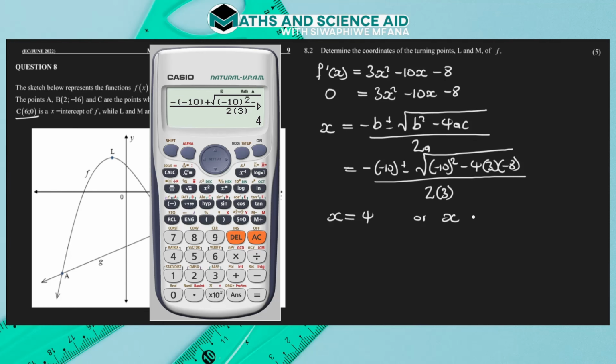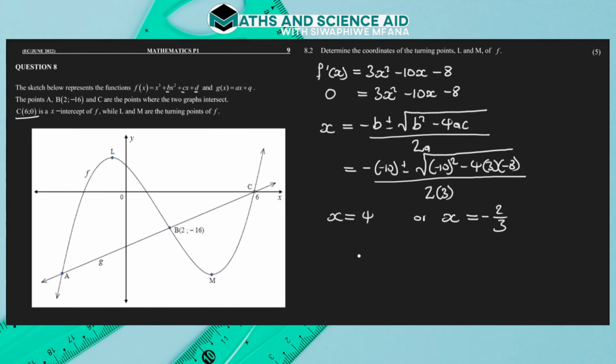And then we need to work out the second value. For that, we need to change that plus to a minus. So we change this to a minus, and then we get our second value. And as you can see, it's negative 2 over 3. So now we have obtained the x values of the turning points, and we are simply left with working out